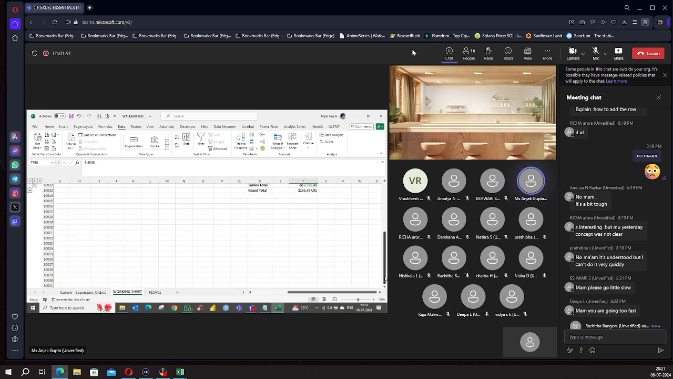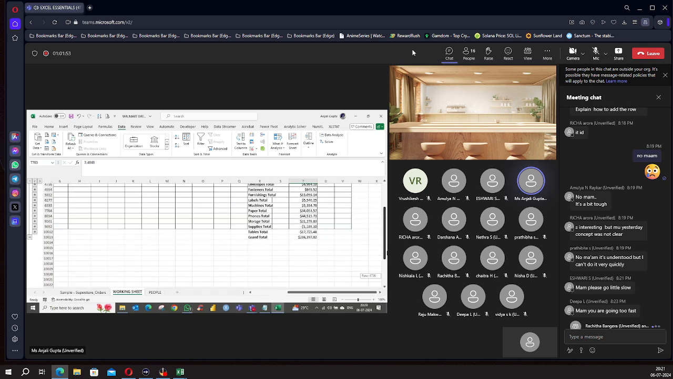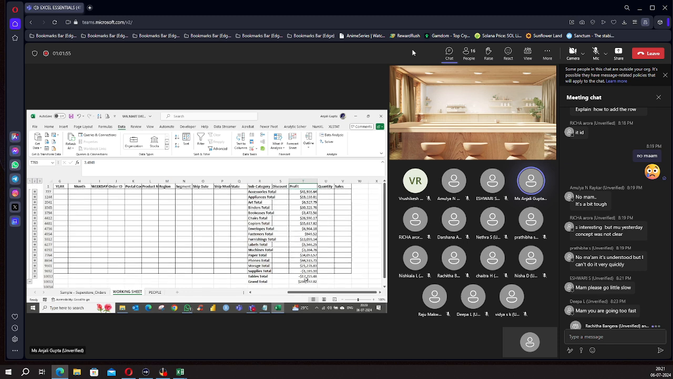If I wanted to know which subcategory is making maximum loss, you can see tables is making maximum loss, and which is making maximum profit? I suppose copiers are making maximum profit,